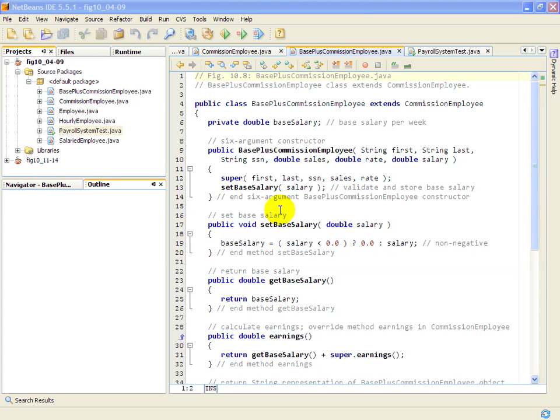The last class in our example is the BasePlusCommissionEmployee class, which you can see defined here on line 4. This class extends CommissionEmployee, which means we can say that every object of class BasePlusCommissionEmployee is a CommissionEmployee and therefore is also an employee, because CommissionEmployee extends employee. That also means that anything that was declared as a public method in class employee or class CommissionEmployee is now